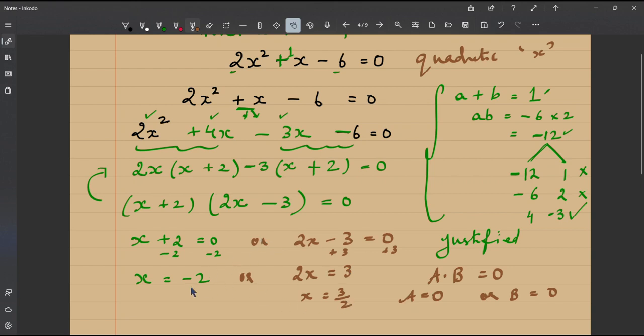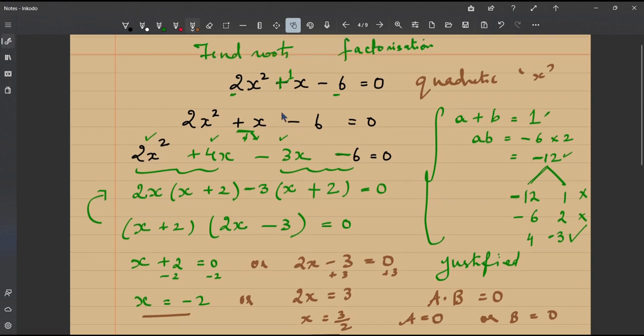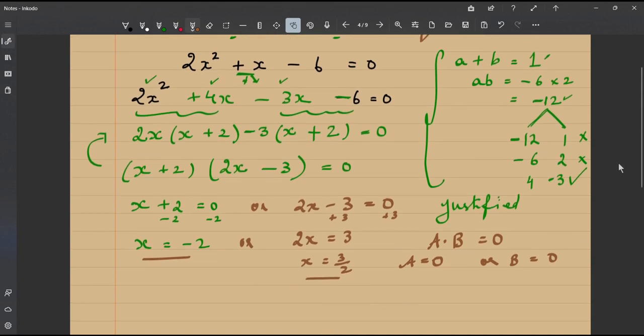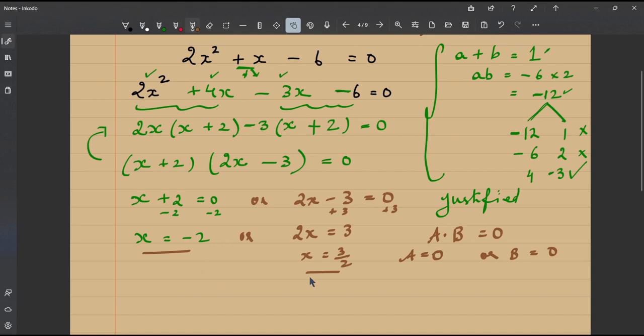So these two, x is equal to minus 2 and x is equal to 3 by 2, are the roots of this quadratic equation 2x squared plus x minus 6 is equal to 0. So let us just substitute and see if we are correct. This is the equation which is given to us. So first, using minus 2 instead of x, we get,